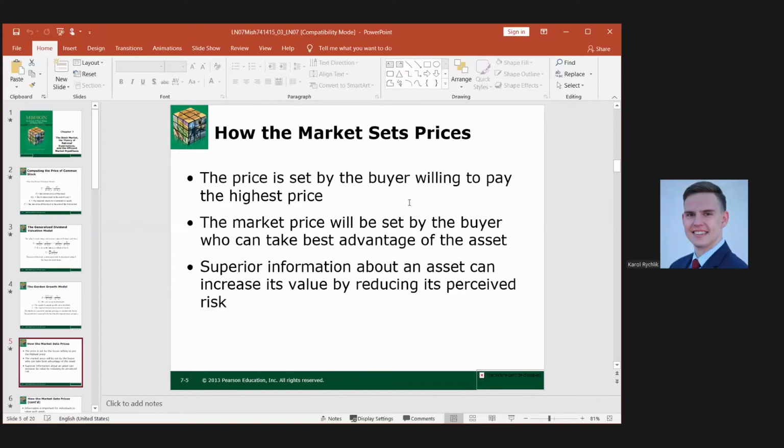Since the price is set by the buyer willing to pay the highest price, let's come back to having only one iPhone that we were bidding for. If I have no use for the iPhone, if I don't know what to do with it, I'll be using it as a paper press. Then I will not be willing to pay as much as somebody who needs it for business, or whose business will go down. So the person who needs the asset the most and can squeeze the most value out of it will be willing to pay the most, and in turn will be setting the price. Okay, that's one way it can be interpreted.